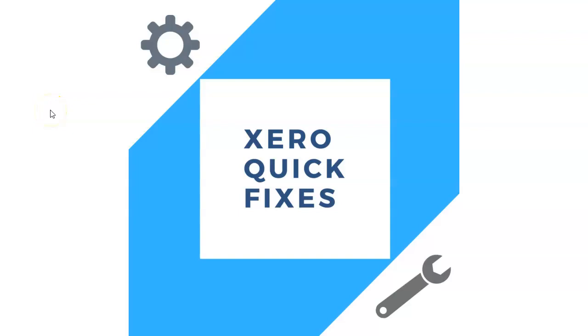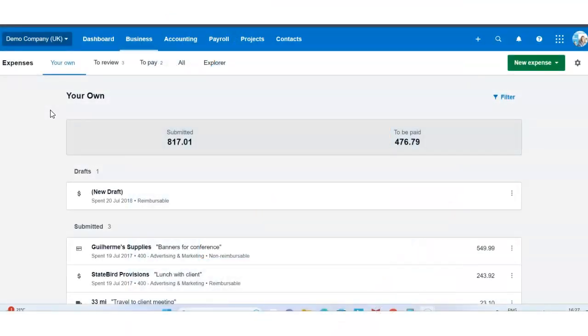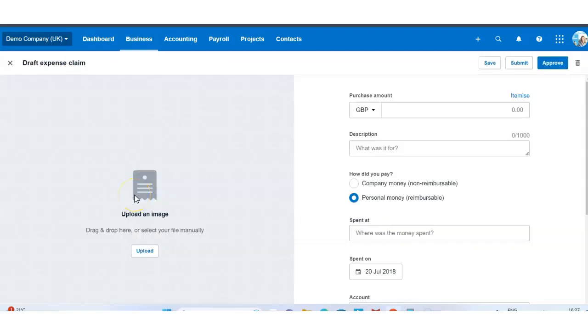How to assign an expense claim to one of your customers. Let's go ahead and have a look at the expense claim and spend £25 on advertisement on Google and assign it to our customer. So I'll go ahead and add 25, and if you have a receipt, you can upload it